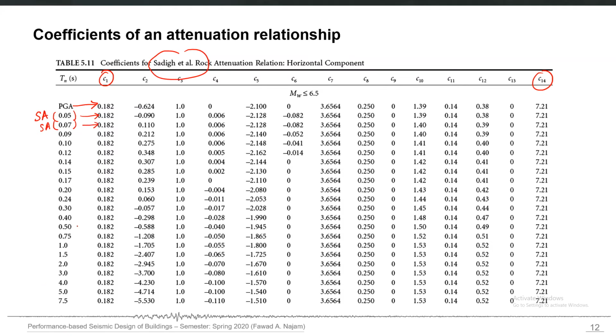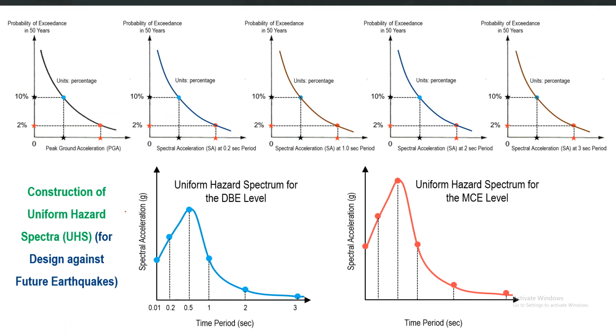Which means that you can construct the hazard curve using the same procedure, using the same GMPE, with different coefficients to come up with the hazard curve corresponding to different spectral accelerations at different time periods basically. So if for example we have the hazard curve for a particular site, the hazard curve for PGA, the hazard curve for spectral acceleration at 0.2 second, the hazard curve for spectral acceleration at let's say 1 second and 2 second and 3 second, if we can repeat the process to come up with all the hazard curves for the